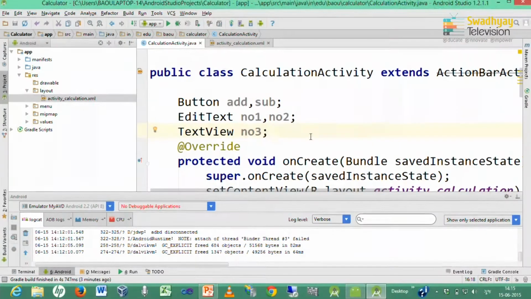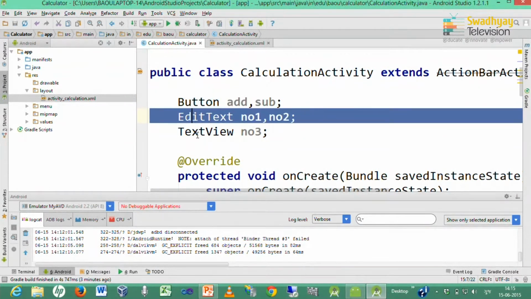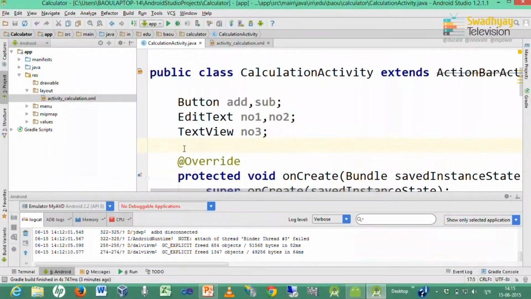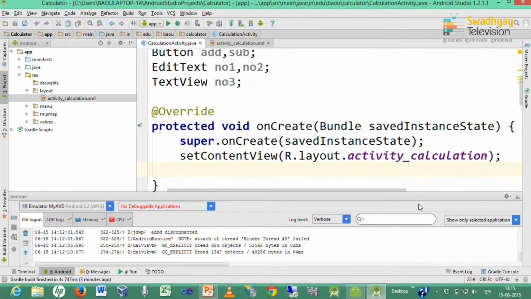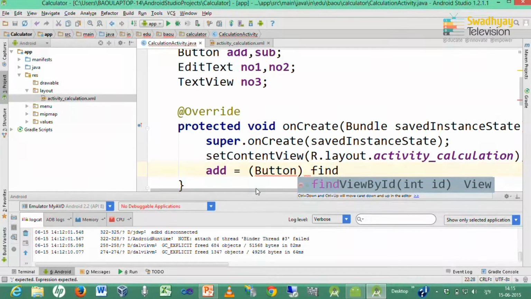First you have to declare the controls that you want to use in your program. So, I want to use 2 buttons, 2 EditText and 1 TextView in my program. So, first I need to declare all these controls that may be required in programming. Next we take reference to these controls. Now, our add button represents the button in our interface with the name btn add.